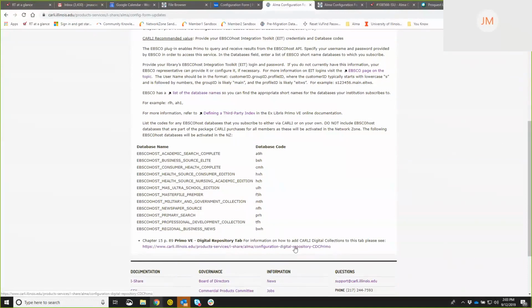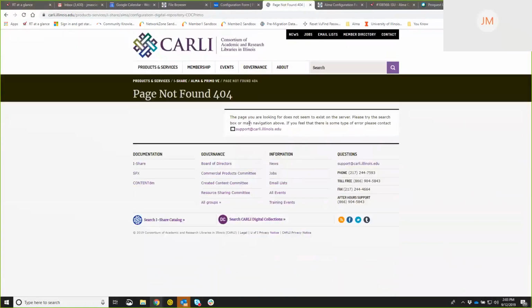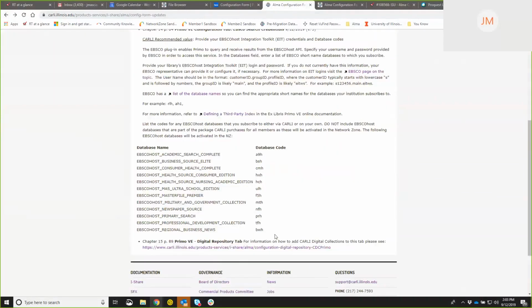we've put together a page for information on how to add CARLI digital collections, which my link isn't working. Well, that's terrible. Sorry about that. I'll fix that. But there is a page for CARLI Digital Collection Repository. So how to fill that out if you want your digital collections to be searchable via Primo VE. So I will fix that link after this